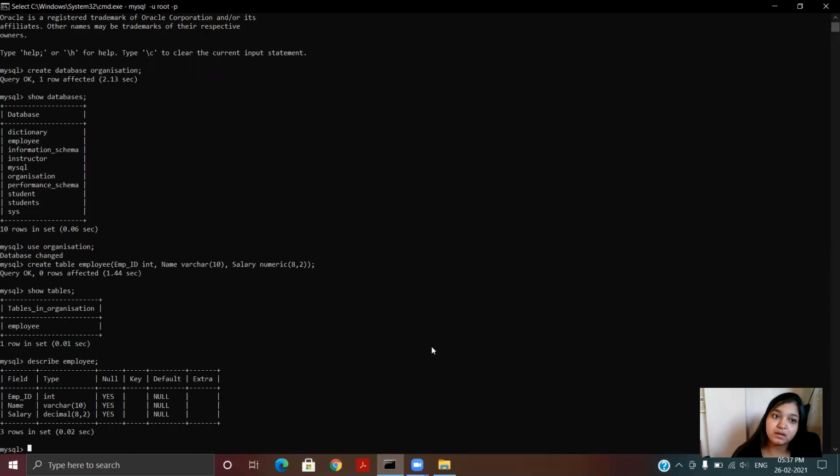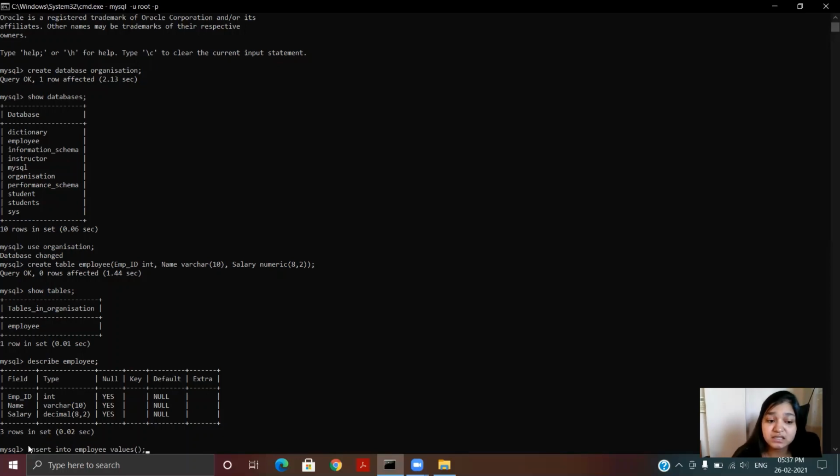Now we need to enter the values in this table. So to enter the values, you need to write insert into and then the table name. Here it is employee, and you need to write values and then the brackets.